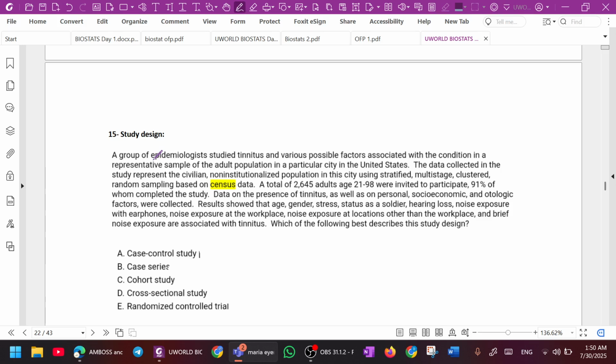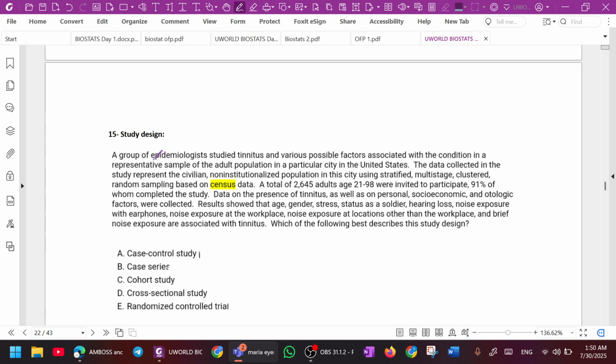But you did that yesterday. Not because you see random, that automatically means RCT. Yes, you did it yesterday too. So it's like when you see the word random, you just automatically go to RCT. No, we kind of want all the study designs to have a random selection of whatever. It's not because it's random that it automatically means we did RCT.